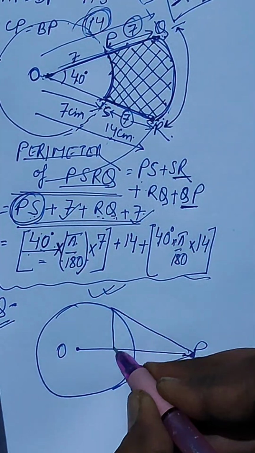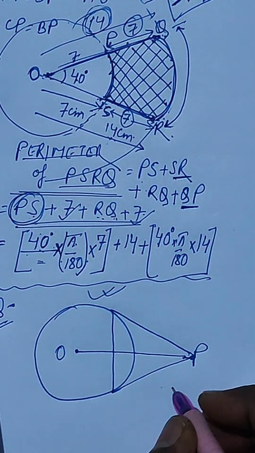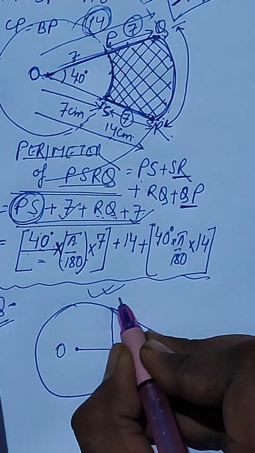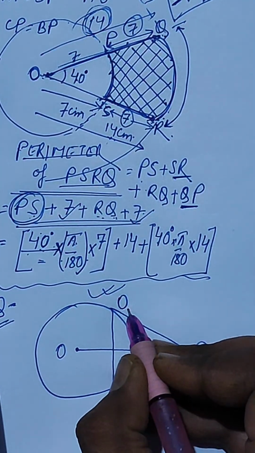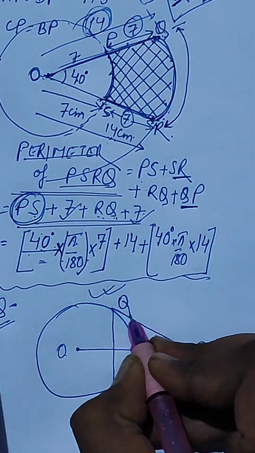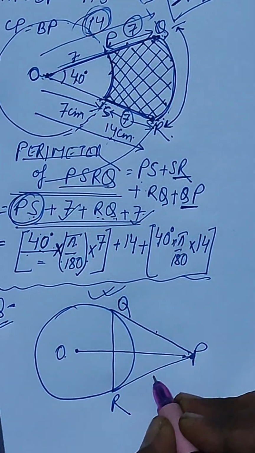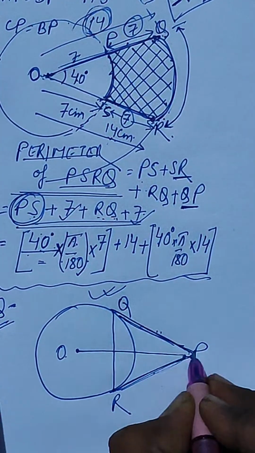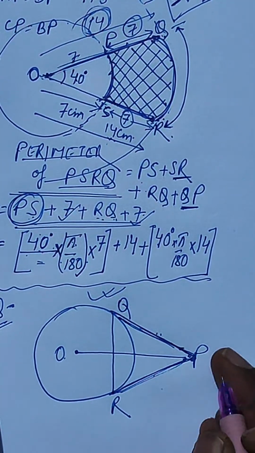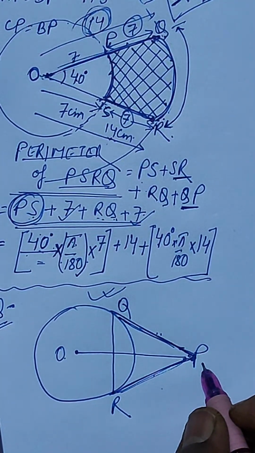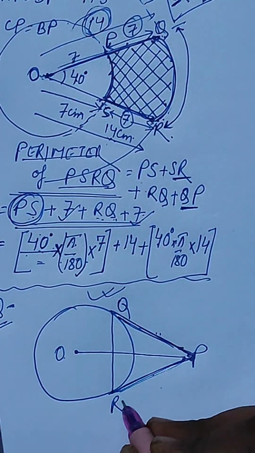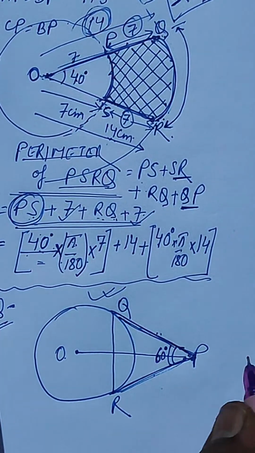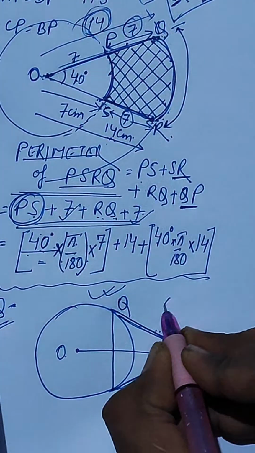Now the question is that in the given figure, PQ and PR are two tangents. O is there in the center. These are the two tangents, right? This one and this one are the two tangents. So from here, it's given that angle QPR is 60 degrees, right? Now we need to prove that triangle PQR